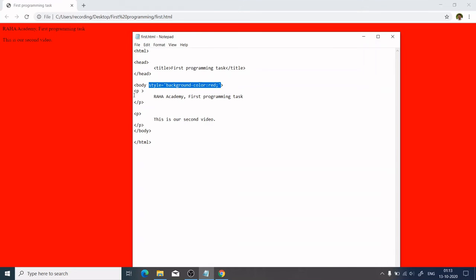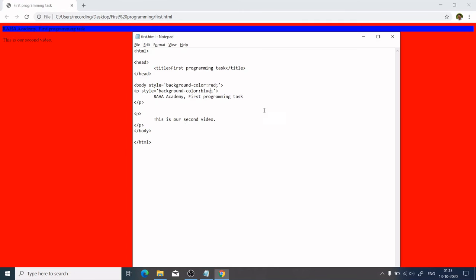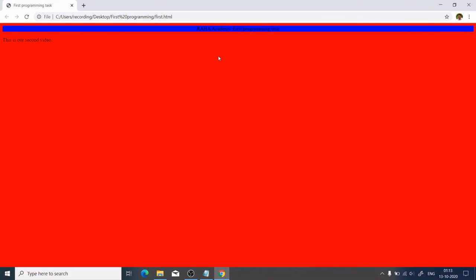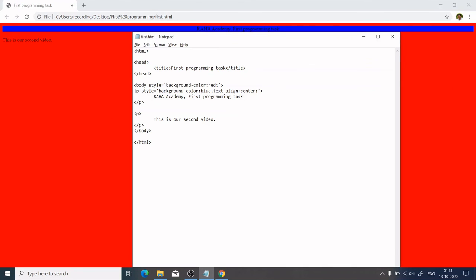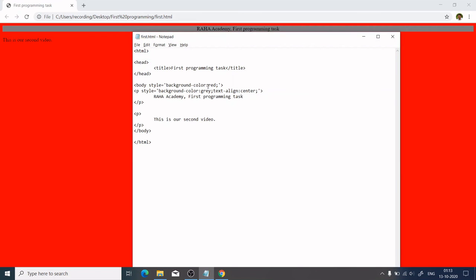the same styling part to each of this paragraph, say blue. Okay, now you can see this whole section is covered by this paragraph, and this is somewhere aligned in the left. Now what we can do is we can say text align center to get this paragraph in the middle, and let's add some good colors to it, like light gray, and this one let's go back to white.